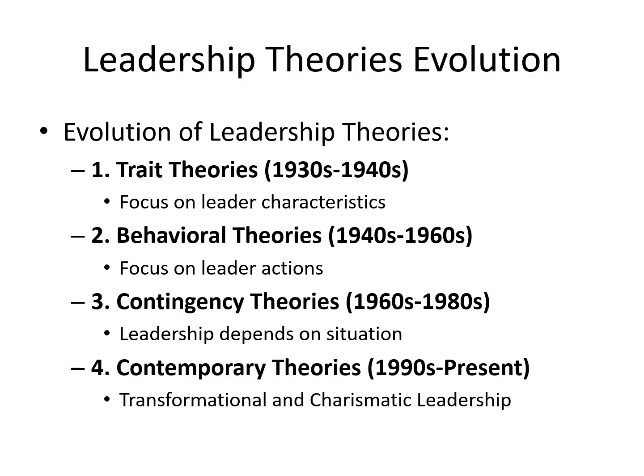Then we have the contemporary theory, 1990s until present, that is going on. Transformational and charismatic leadership. That is a kind of leadership where the traits, the behavior, and the contingencies are all adopted. That is how a leader is prepared. And you can see the management schools, basically, they are preparing leaders like that only. For every situation, for every kind of work, a leader is transformed. He can guide it through. He attains knowledge. Okay.